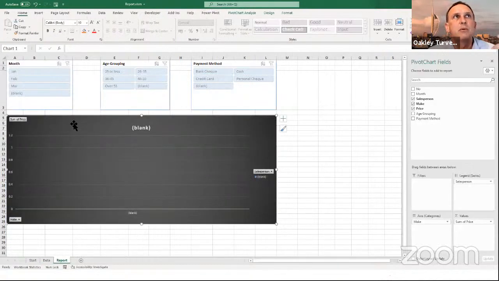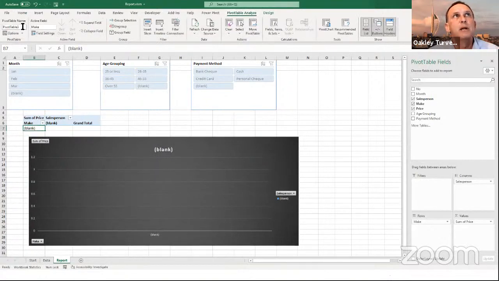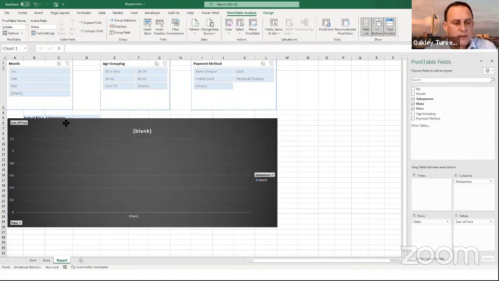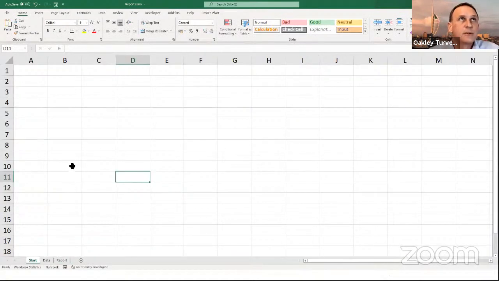Go to my pivot table. This hasn't been named correctly, so I haven't actually named it yet. So that should be named properly as well. Everything within the file should be properly named. So this is going to be PT sales. And okay. So it is important that you name everything before you start recording the macros.